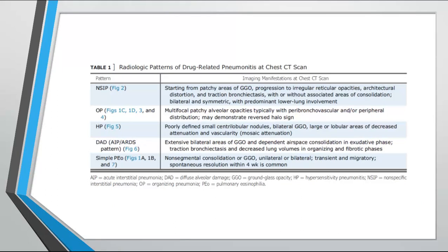So this is just a simple description of the CT scan findings. How do we describe the NSIP? Patchy areas of GGO, irregular reticular opacities, architectural distortion, traction bronchiectasis with or without areas of consolidation, bilateral, symmetric with lower lobe involvement. OP is mostly multifocal patchy alveolar opacities